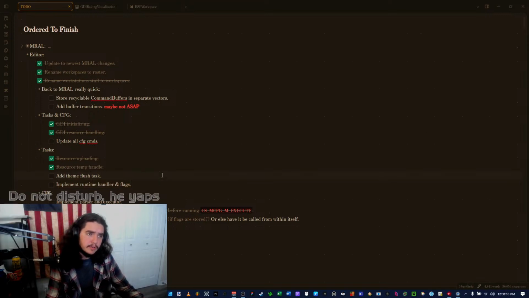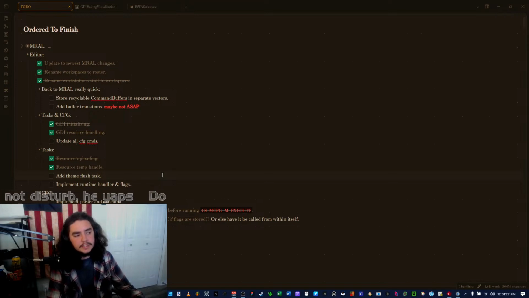Although that does point out something really interesting. The theme updating is going to be asynchronous. So, actually no. The theme updating does not need to be asynchronous. It's just the update method that needs to be asynchronous.